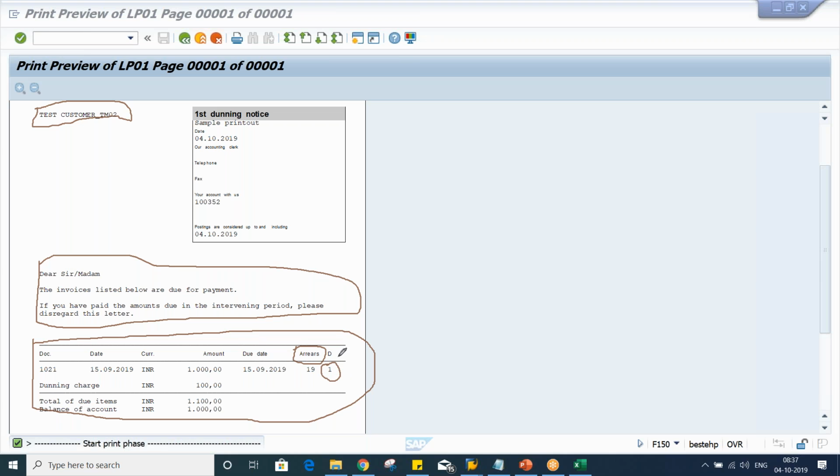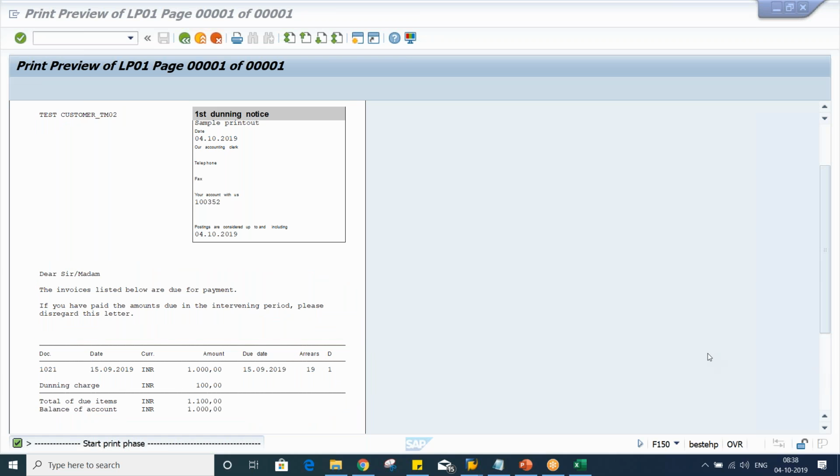So this is how the system is going to identify the level, in the sense of first reminder, second reminder or third reminder. So here these are the details, right? Now it means the Dunning letter is getting generated successfully. Okay, here what is happening, guys? Your penalty, that is 100 rupees, and if it is like, let's suppose, once we